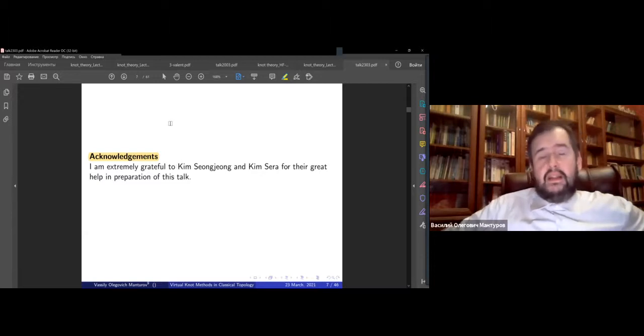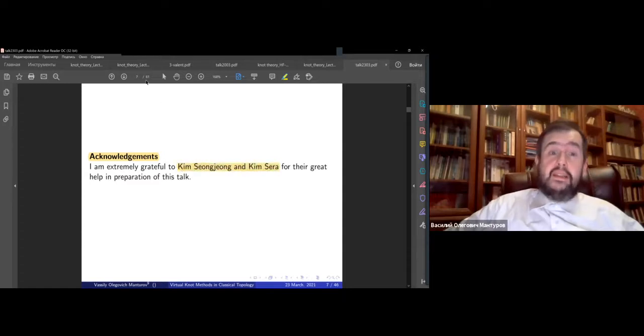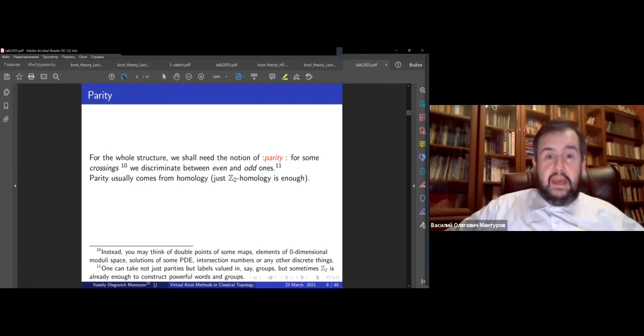Of course, I discussed a lot with many other people, but I hope that soon I will be talking more about other pieces of this mosaic and possibly about the first steps, how to get from classical knots to knots on the cylinder. For example, now we are working on knots on the cylinder with Kim Sun-John and Kim Sarah. And whenever we have a sort of parity, I will tell more about that. We can do the things I'm going to talk about today.